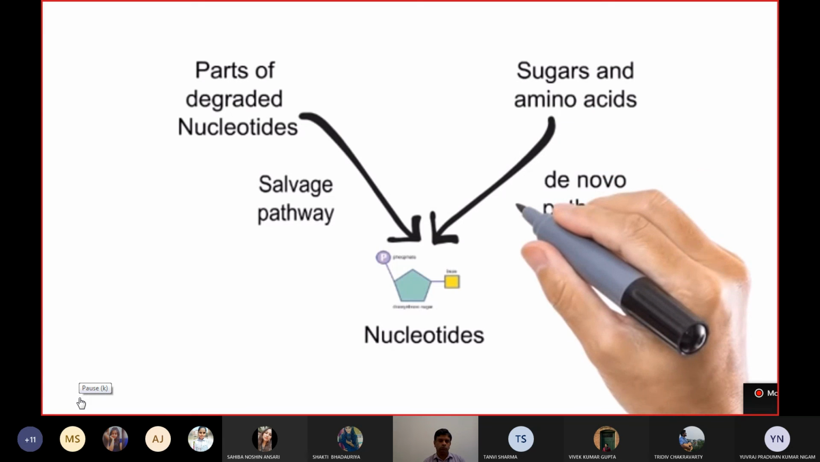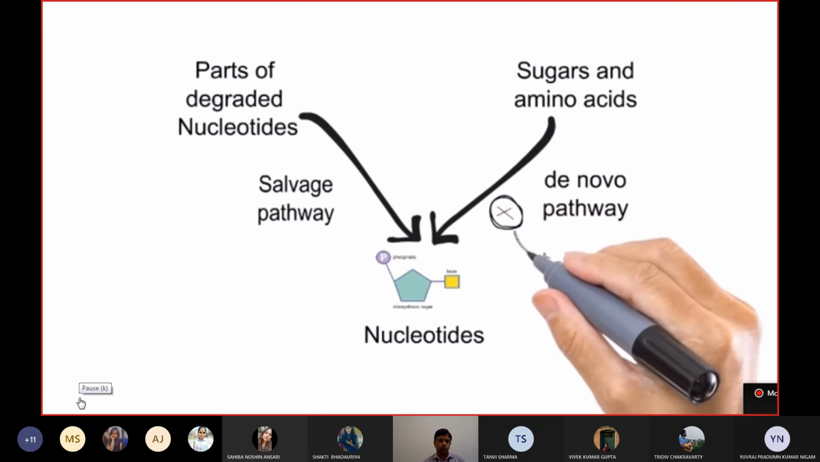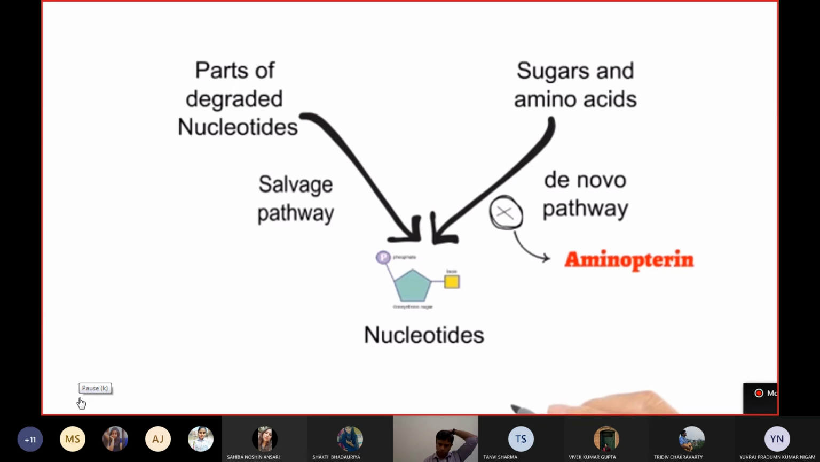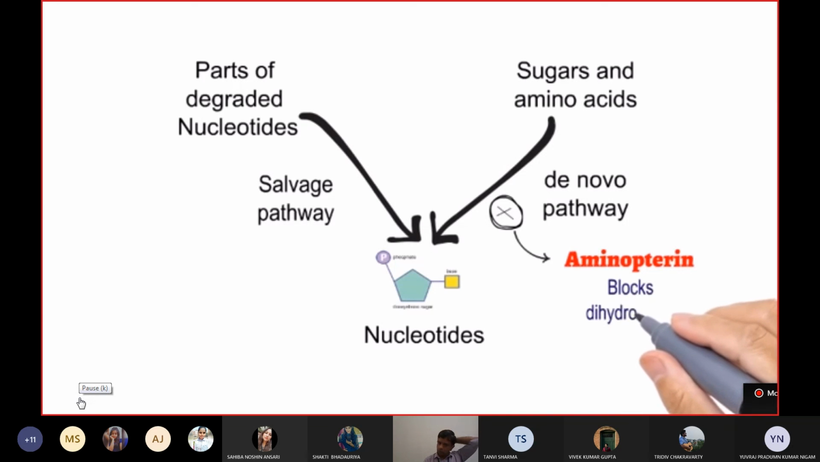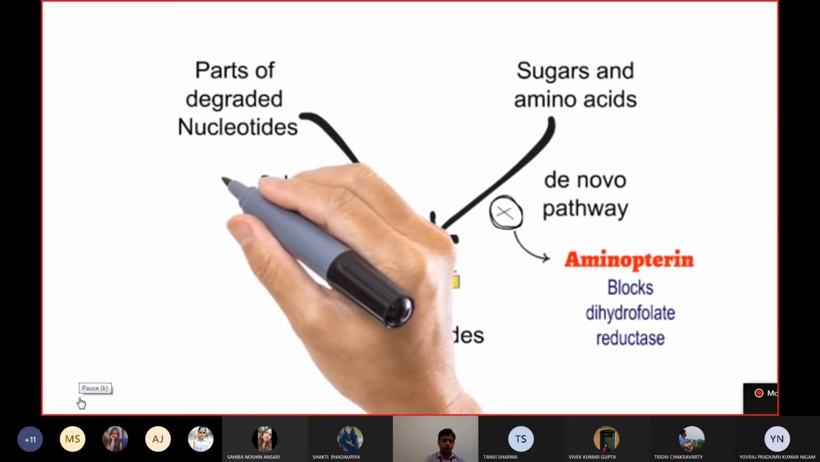In case of HAT media, cells cannot operate the de novo pathway, and this is due to the presence of aminopterin in the media. This aminopterin blocks one key enzyme which is required to operate the de novo pathway, and this enzyme is dihydrofolate reductase. Once this enzyme is blocked, cells cannot operate the de novo pathway. Therefore, there is only one option left for the cells in the HAT media, and that is the salvage